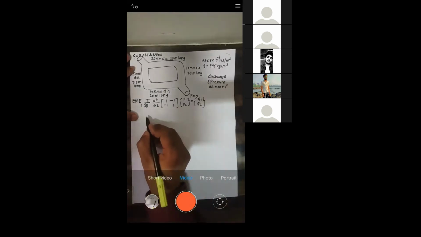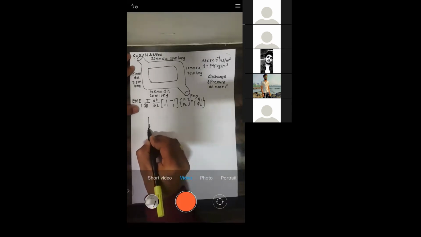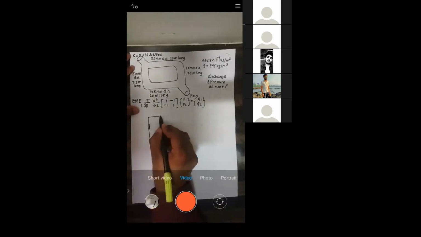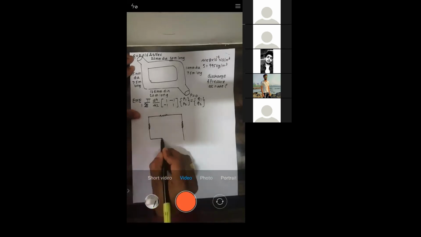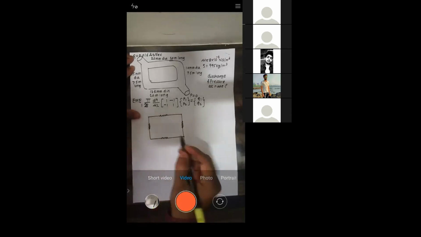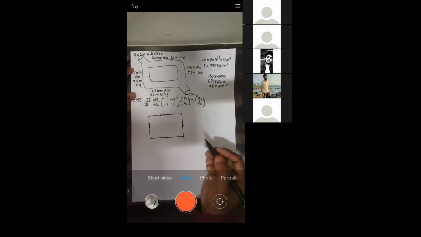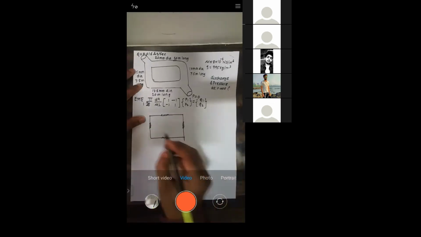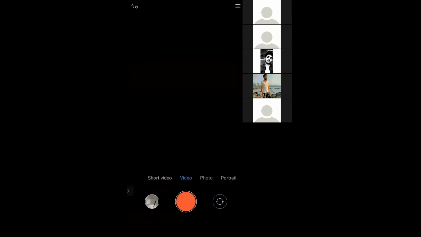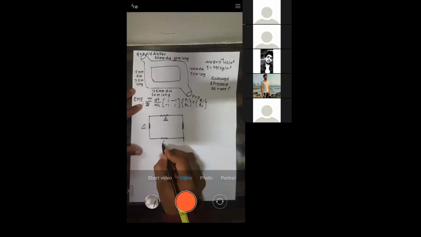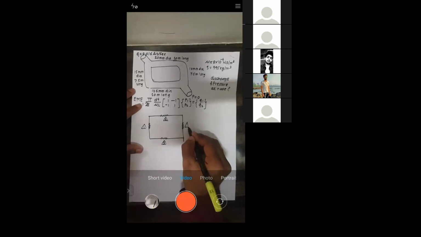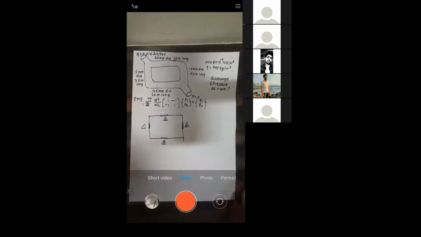So that we need to do here. We will form the nodes and elements. See, this is one element, this is one element, this is one element, and this is one element. Is it okay or not? Let me know. So I will call this element number 1. It is up to you how to assign. This is element number 2, this is element number 3, and this is element number 4. It is up to us how to assign it.